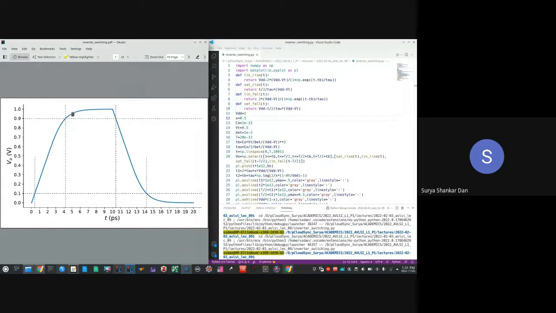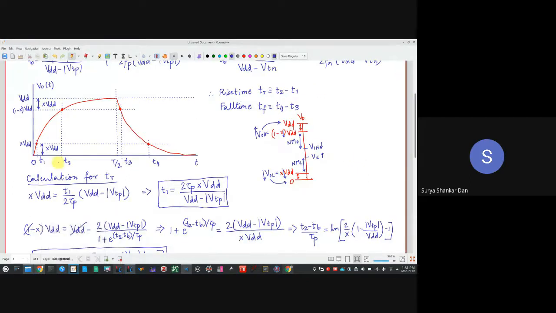Then this additional part, obviously you can understand this is T1, this is T2, this is T3, this is T4. So the portion of T3 minus T2, if I go back to this one over here, this is T2 and this is T3, right? This region is totally wasted because we already know that we have reached the logic high already.